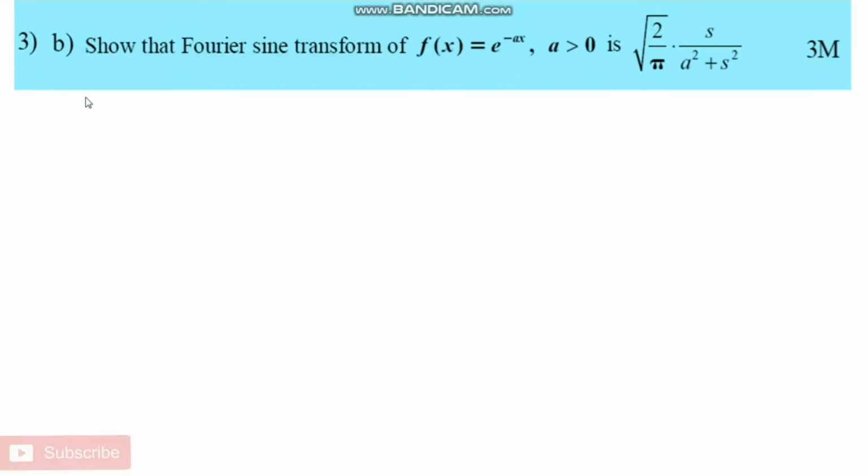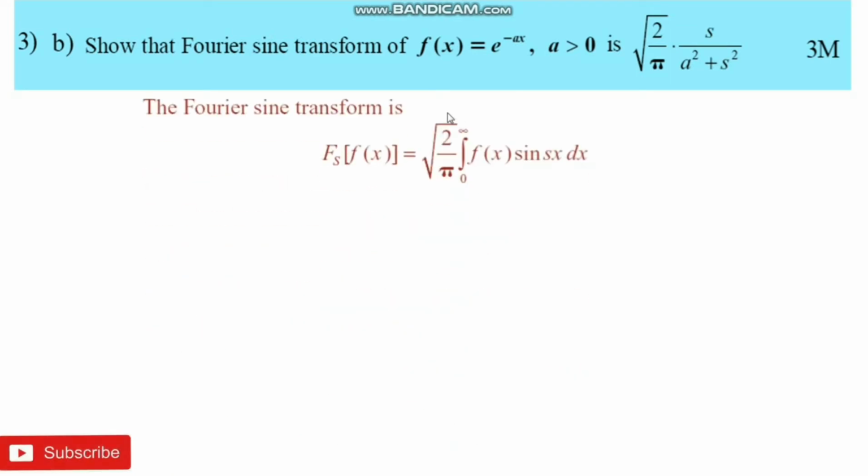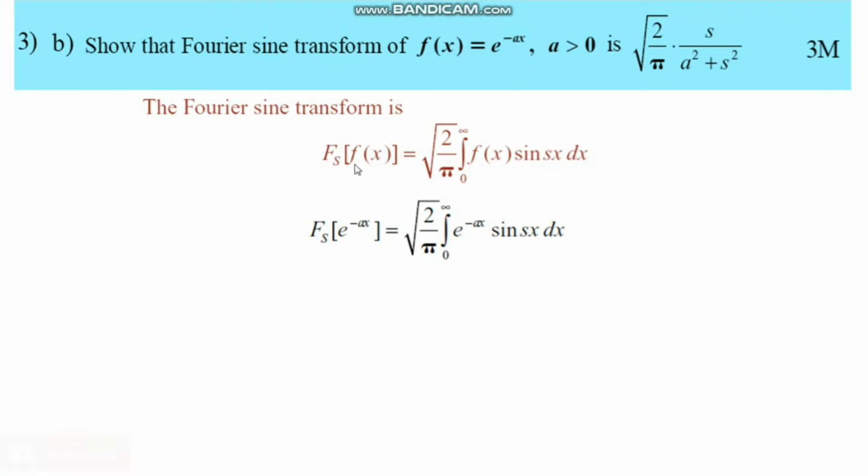Third question B bit: show that the Fourier sine transform of the function f of x equals e power negative ax is square root 2 by pi times s by (a square plus s square), where a is positive. We know the formula for the Fourier sine transform of a function: square root 2 by pi integral 0 to infinity f of x sin sx dx. F of x is directly replaced with e power negative ax in the formula: Fs of e power negative ax equals square root 2 by pi integral 0 to infinity e power negative ax